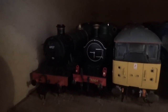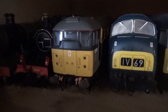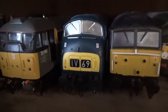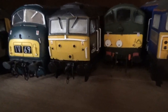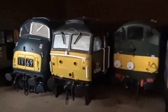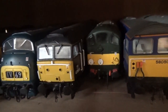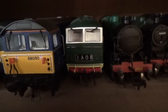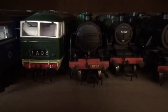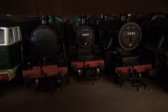So we'll begin on the top shelf. We have the Bachmann modified Hall, Coningham Hall, the Hornby Dean Single, the Hornby Class 31 in a Civil Engineers livery, the Bachmann Class 42 Warship, one of my several Class 47s, this one being 47806 in the Virgin Trains livery, the Heljan Class 28 Co-Bo, the Heljan Class 58, the Class 35 Hymek, the Bachmann N Class, the Ivatt Class 2, the 2-6-0 Mogul,